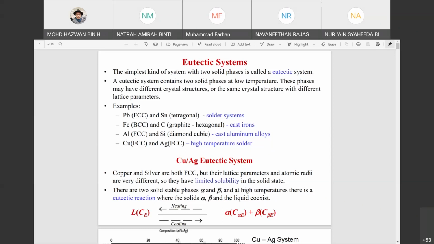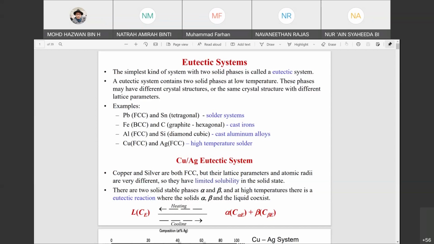Meanwhile, if it doesn't follow the Hume-Rothery rules, it will form the so-called eutectic system, right? This has not been included in your lecture notes, this is additional,